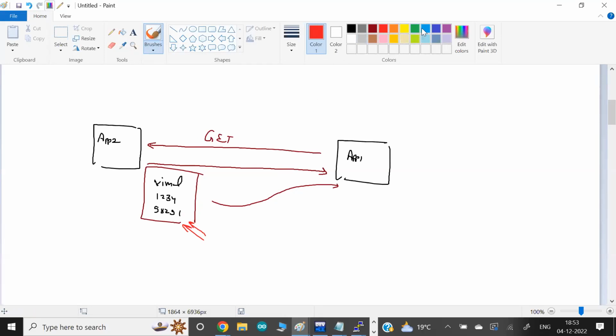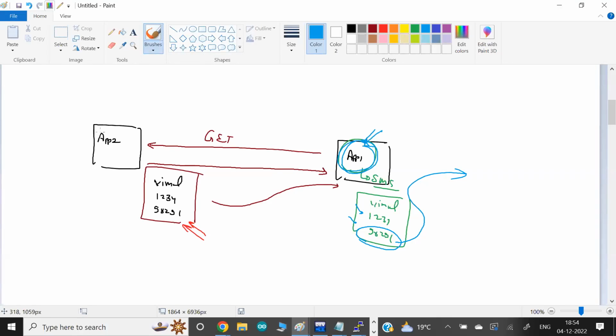Now, why does app 1 want this data? Because it wants to use it for doing something, maybe sending WhatsApp messages or SMS. But the point here is: in this plain text data, how does app 1 come to know which is the name, which is the ID, which is the mobile number? It wants to retrieve only the mobile number so that it can send the SMS, because this app's duty is to send SMS. So this is the microservice for sending SMS, and it collects data from somewhere else. Both microservices work together to do something.